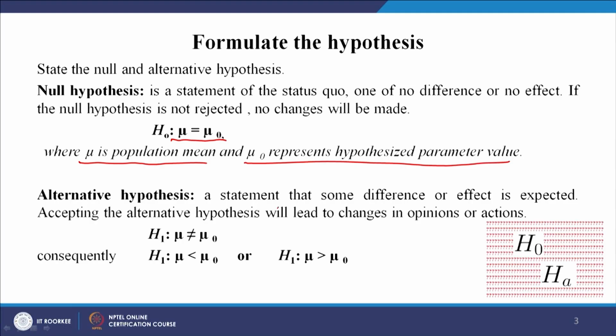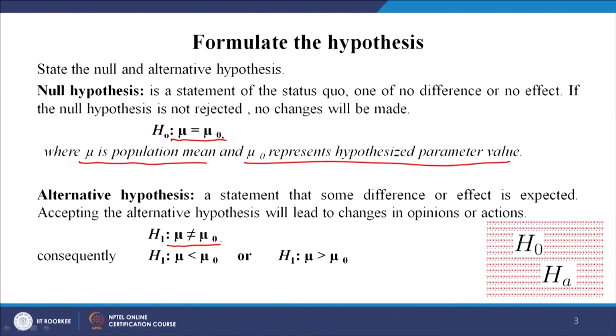On the other hand, the alternative hypothesis is a statement that some difference is expected. As I said in the last class also, the alternate hypothesis is the one which the researcher is generally more interested in, in almost all cases. There are few cases where the researcher wants to accept the null hypothesis, but there are very limited cases. Generally, in a marketing or market condition, we will always think of accepting the alternate and trying to disprove the null hypothesis. That is the most important thing that a researcher thinks of.